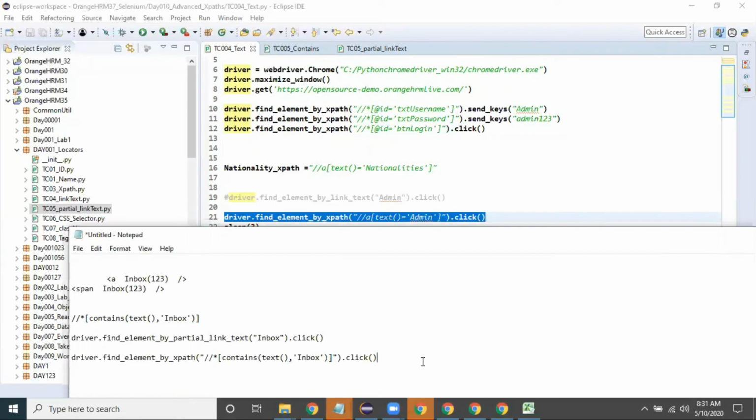Like this, I can identify my dynamic web element, wherever my text is changing. Why can't we use text of? Because for "Inbox 123", that is a complete text I need to write, so I cannot use it. But contains text of checks some partial text based on my label. That's the reason.